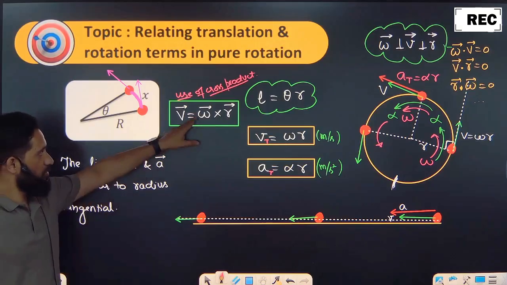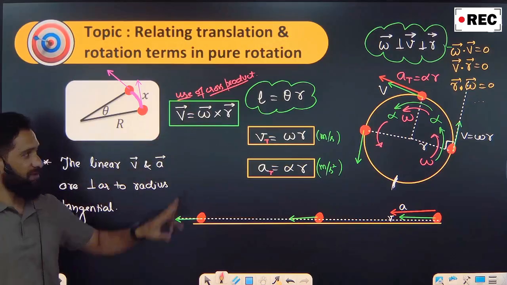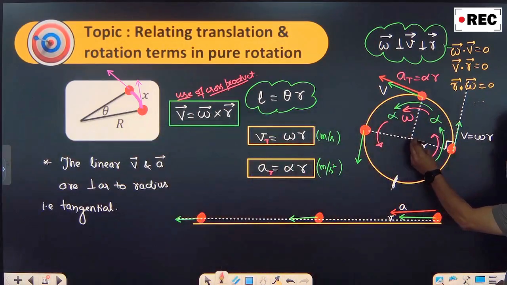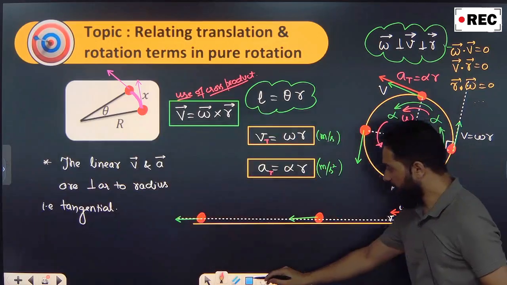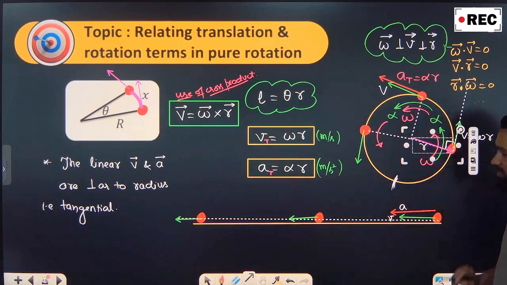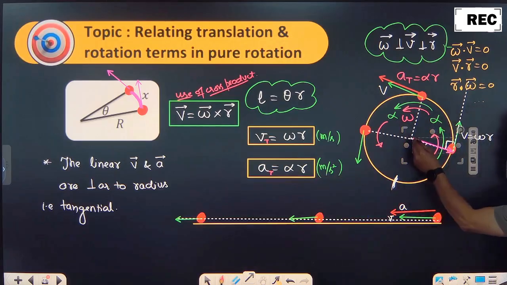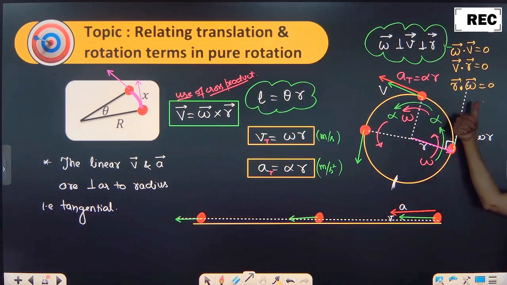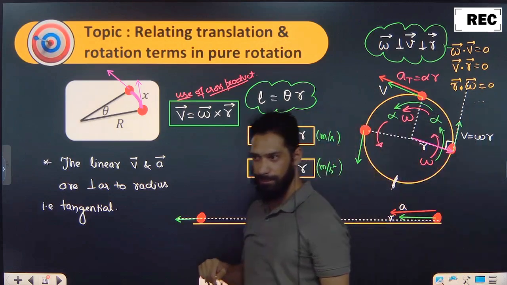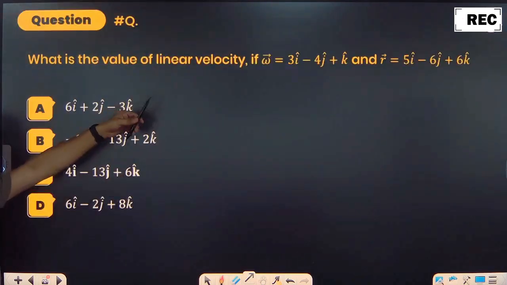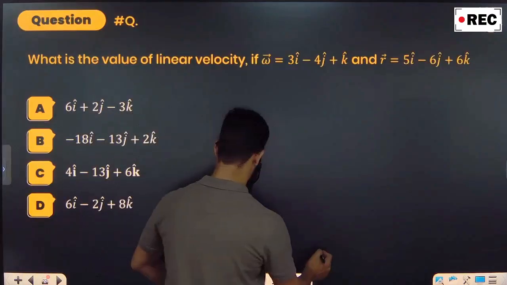Let's check it. Sir, omega से हम r की तरफ आएंगे. It should give us the v. Omega कहां है इधर? See, tell me this. Where is omega? Out of board. Where is r vector? R vector मतलब सेंटर से आपको इधर की तरफ आना है. सेंटर से आप यहां की तरफ आएंगे. This is r vector. Omega is this. So you have to come omega cross r. When you go omega cross r, is this the velocity? This is the velocity. Confirm हो गया, right? So this is the velocity. So in vector form if we have omega and r, बताओ velocity कितना होगा? कैसे करेंगे? सर क्रॉस प्रोडक्ट सिंपल.